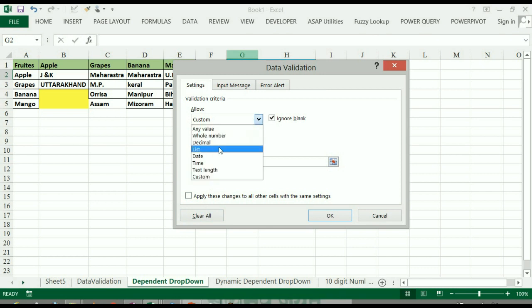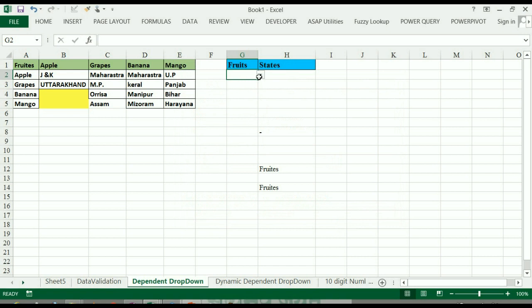It should be the list. Now it's okay. You can see here apple, grapes, and mangoes. And in the state column we use our indirect technique,